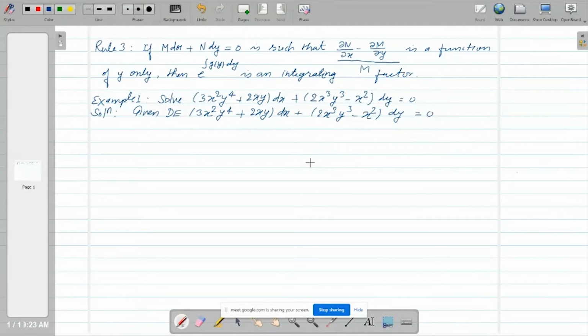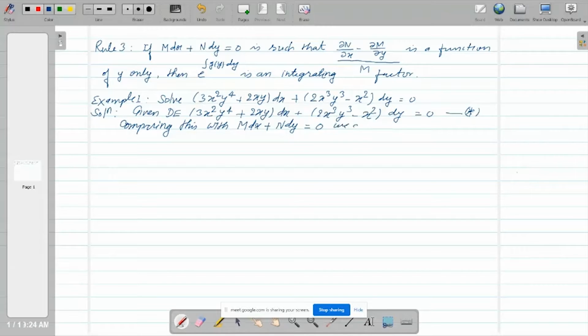This is given to you, and we name this equation star. Now comparing this with the standard form M dx plus N dy equal to 0,